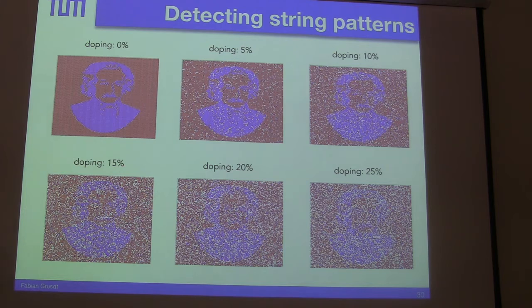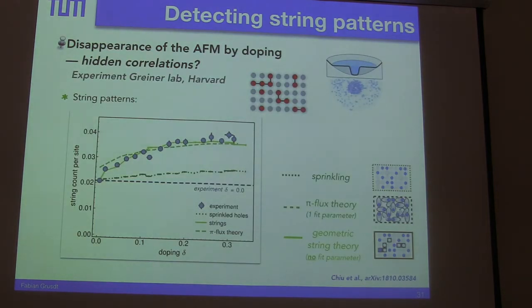So next I'll show you that this actually also works in experiments. That's a comparison we did in Markus Greiner's group, and they took the experimental images. I should say there are some limitations. Unlike in the setup that Immanuel Bloch has described, in Markus Greiner's group they cannot yet detect both spins at the same time. So we were a little bit limited. We just saw where, let's say, one spin species was, and then we looked at those snapshots and again looked at areas that are different from what we expect in a perfect checkerboard,